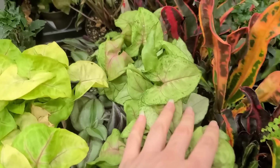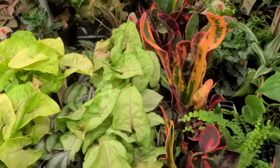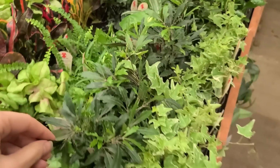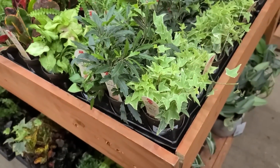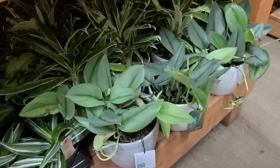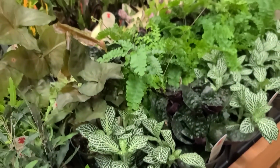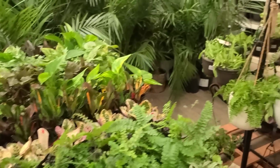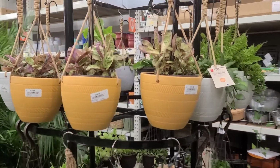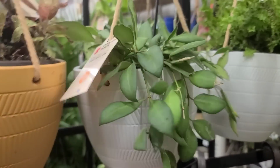So more assorted foliage hanging out over here. Some really nice Syngonium, some Croton next to it. We've got some false Aralia, tons and tons of ivy. There's never a shortage of ivy at the big box stores. I don't know who's buying all this ivy, but they've always got plenty of it. So there's that. Some pretty sad hanging plants. It looks like purple waffle there,